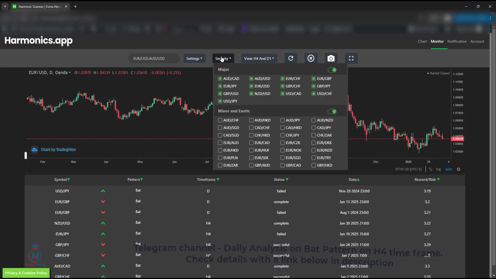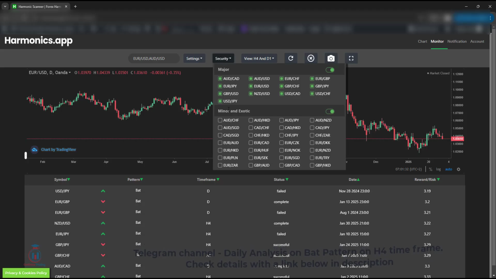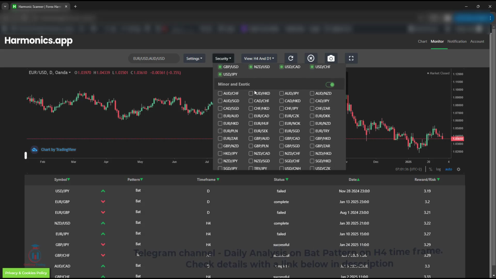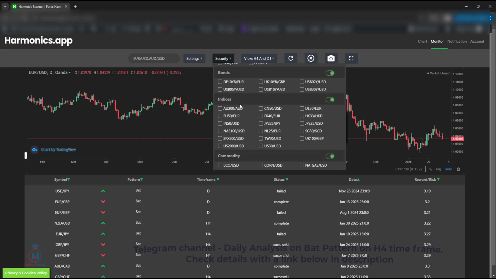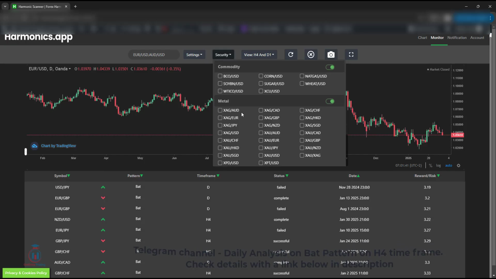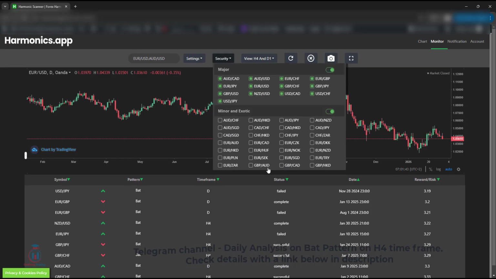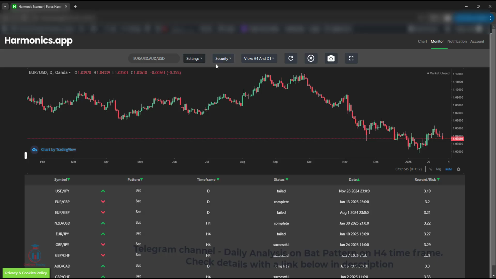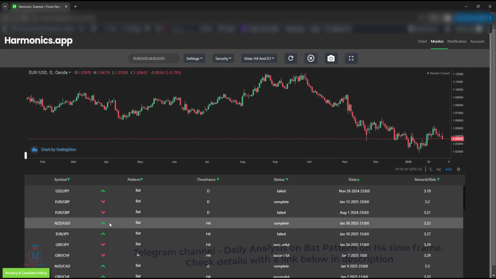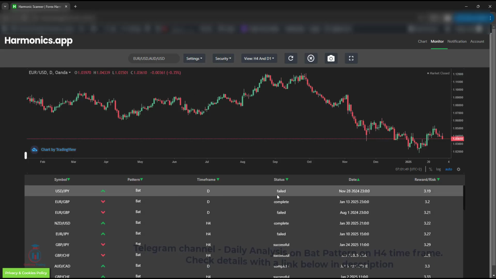Then inside the security you can define in more detail which symbols you would like to track, and I have used only the majors. You can also use minors and exotics. You can use bonds, indices, commodities, and metals. Whichever you want, you can pick here. After you have selected these filters, this table will populate with that data, and inside this table you can see